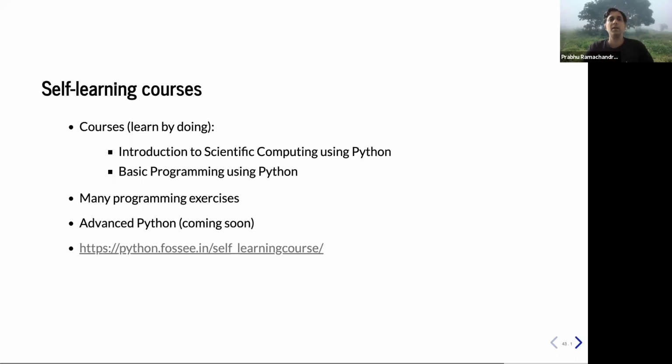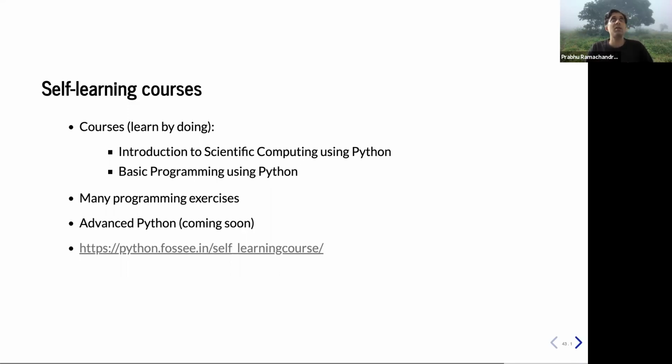As far as the self-learning courses go, these are courses that are designed to be learning by doing. And we have two offerings. One is an introduction to scientific computing using Python, which is a 1 day long course. And the other one is basic programming using Python, which combines the first day of this introduction to scientific computing along with the basics of the programming language, a total of 3 days. And each of these features a lot of programming exercises.